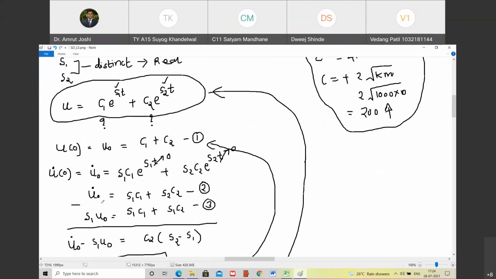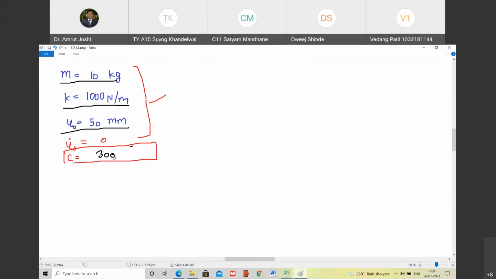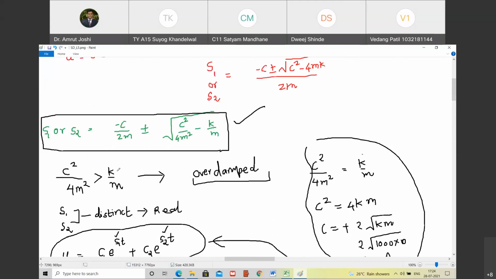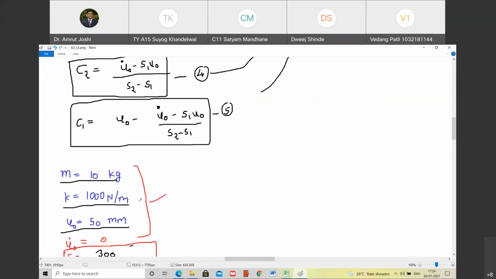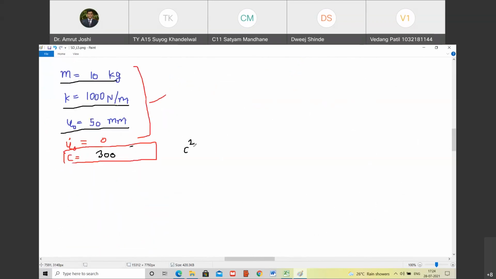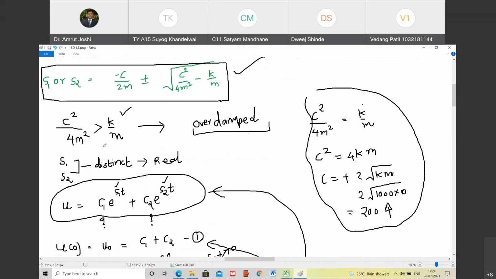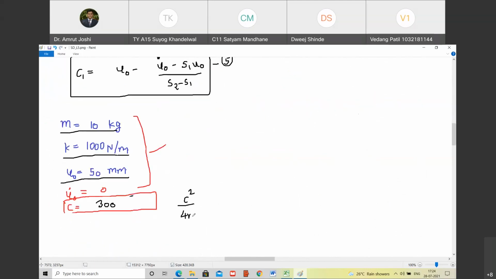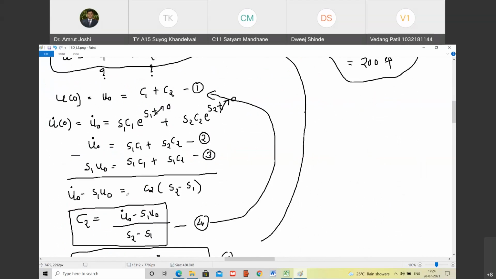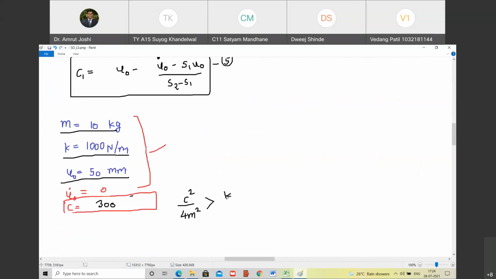So that is what I have taken here. Are you with me? Yes, sir. C equal to 300 satisfies this condition. I'm damn sure, so therefore this system is an overdamped system. Are you with me? Yes, sir. So when I take C equal to 300, C square upon 4m square is going to come out to be greater than k by m. Happy? Yes, sir. For the given choice of parameters, for given m and given k. Happy?